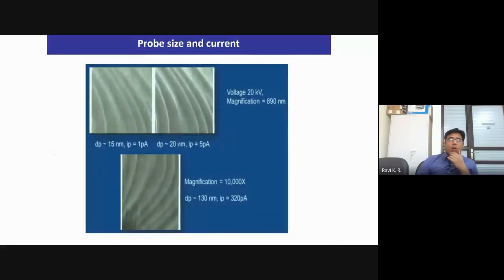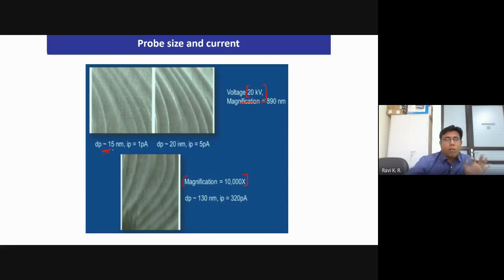Okay, now we look at another thing. Now let's say that you keep the acceleration voltage constant. We are not changing the acceleration voltage. Now forget about this part. This is at a constant magnification. Magnification is constant, your kV value is also constant. Now what we are doing is, without changing the acceleration voltage, you can vary the diameter of the beam. We will discuss a little bit in the next slide.